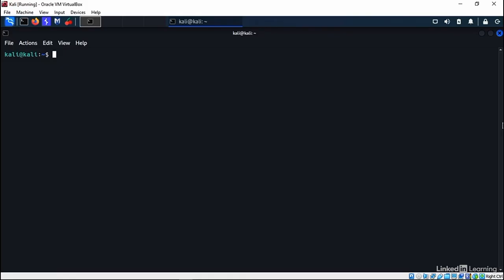Bloodhound works offline in our Kali system, so before we start working with Bloodhound, we need to extract data from our Active Directory server. We've already loaded the Bloodhound Python collector, so let's run that. To use the Bloodhound Python system, we need to have a domain user account that we've obtained in some way. We'll be using the account for John Doe with a username jdoe76 and a password of jdpass2021. To collect the data, all we need to do is